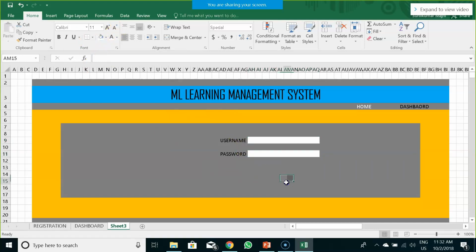After he enters his username and password, we would be creating a button to log in.